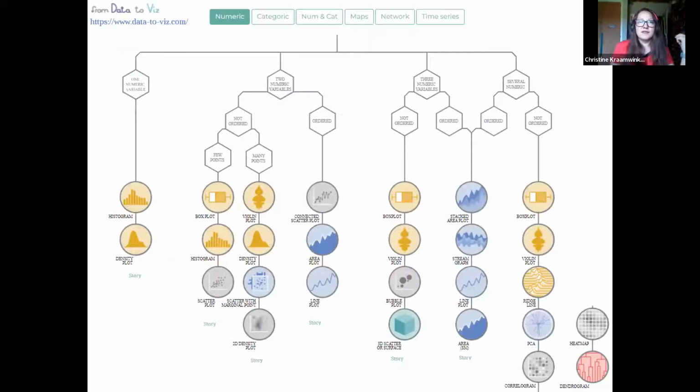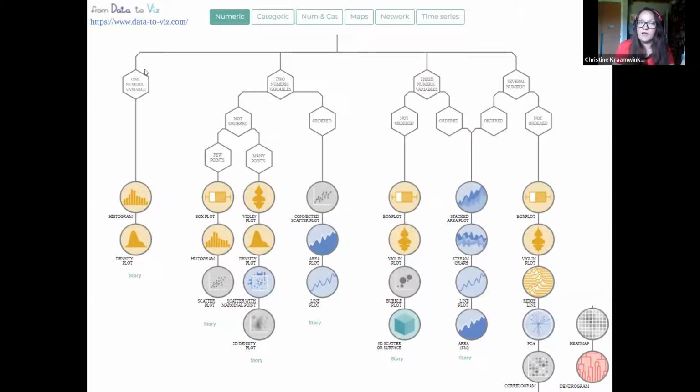Now, once you know what type of data you have, then you can start thinking about visualizing it and analyzing it. So there's a website that I've put in the slides. I will add these slides on Moodle for you later. There are some really useful websites, and I think this is specifically useful for people who maybe don't have too much experience with statistics, so that you can know what graphs are appropriate. This website, Data2Viz, has these lists. You can say my data is numerical, or I'm dealing with categorical data, or there's some numerical and categorical data I want to analyze, maps, network data, time series data, and then it shows you what possible graphs you can do for each of these.